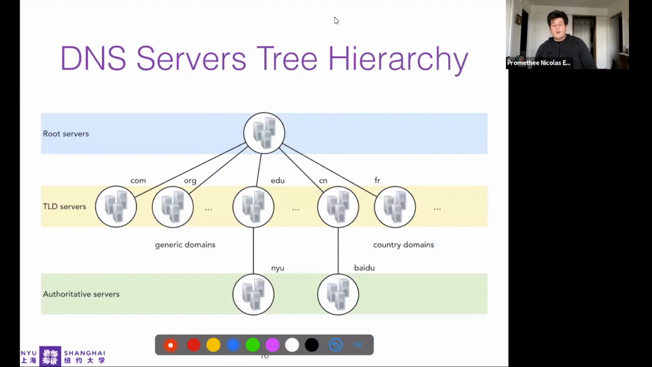So what do we have? We have the root. The root knows the IPs of the next level here, which is the TLDs, the top level domains. And each of the top level domains needs to know the authoritative domain server, from which you can actually request the IP address of a server. So if you need to connect to